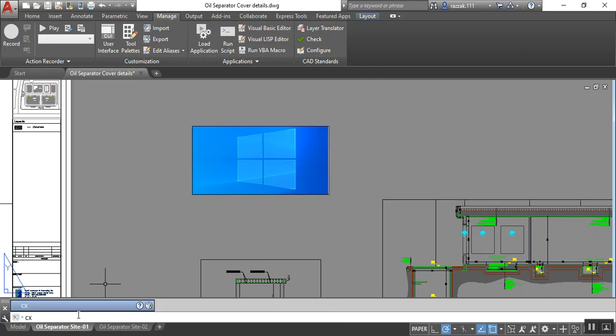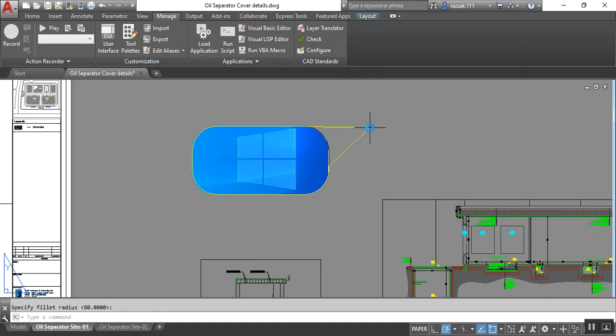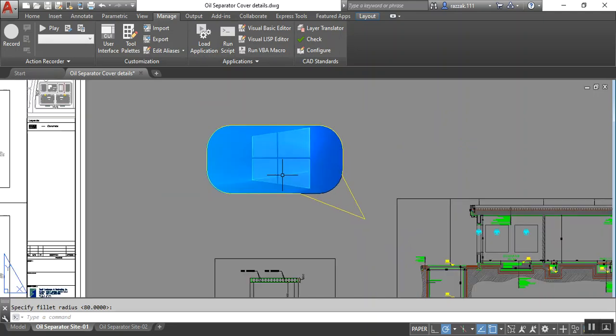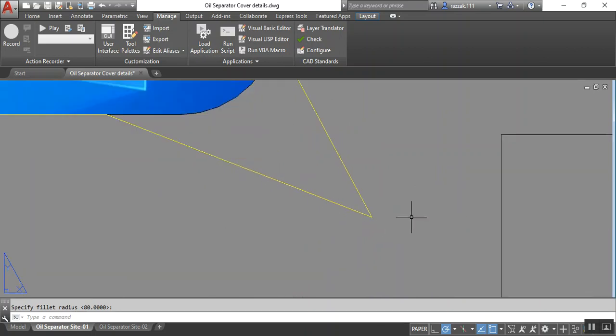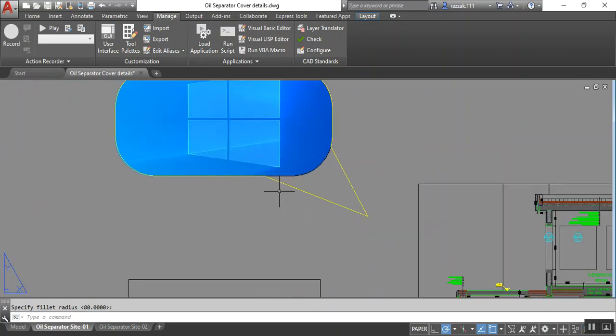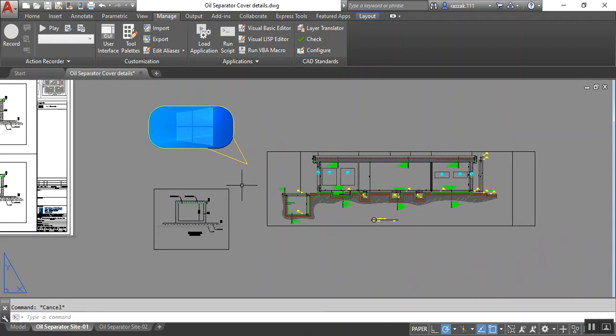cx, as after loading the callout list, cx, object. Now select the object. Now it will ask you the frame or clip. I need clip, so first corner to second corner, and I need the 80 radius of the image. You can see now the image was converted into 4 side radiuses. It looks good also. So now you can write any text here or give the detail of this image. Okay, let's go for another option,